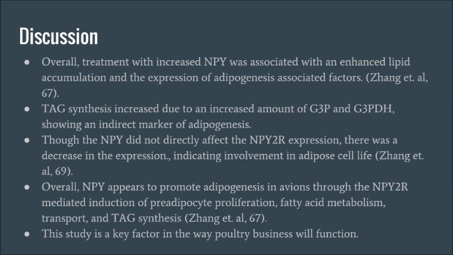The treatment with increased neuropeptide Y was also associated with enhanced lipid accumulation, or adipose accumulation, and the expression of adipogenesis-associated factors. Furthermore, TAG synthesis was increased due to an increased amount of G3P and G3PDH, which is due to a lack of activity of glycerol kinase within adipose tissue. TAG synthesis is an indirect marker of increased adipogenesis and is highly correlated with differentiation of the precursor cells to